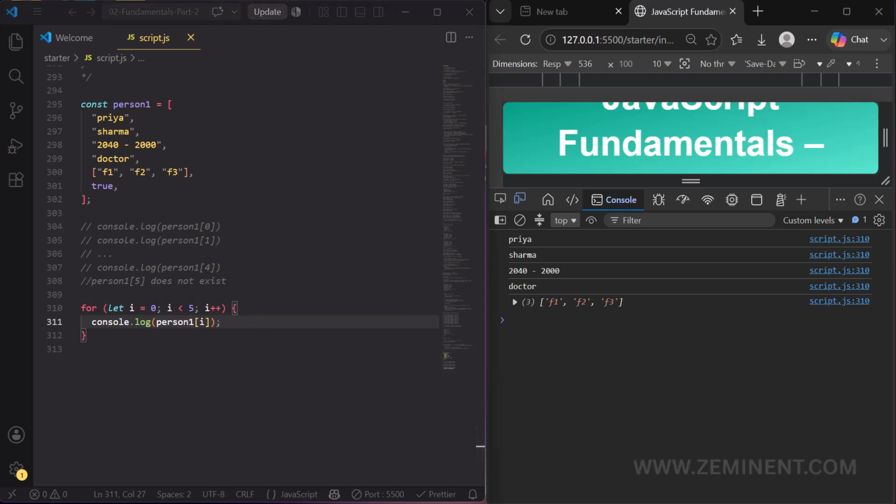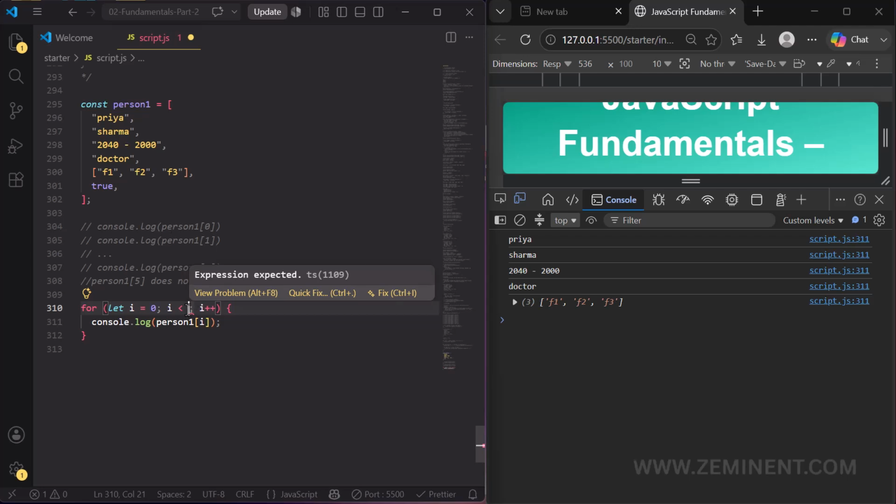So for that reason we can't write hard coded values here. For that, here we have 0 1 2 3, 0 1 2 3 4 5. So here 5 means